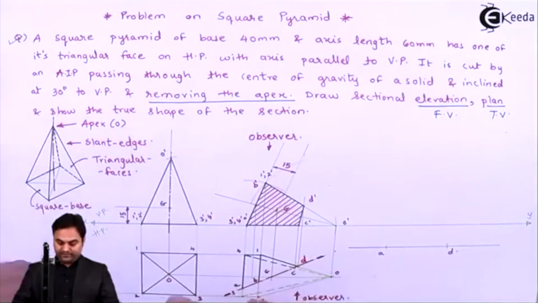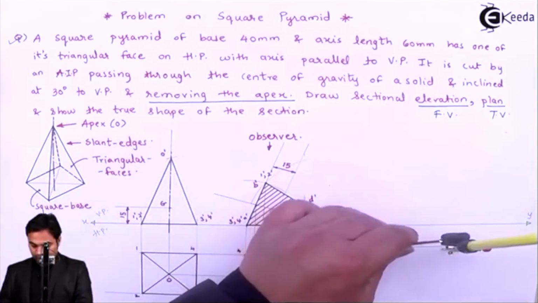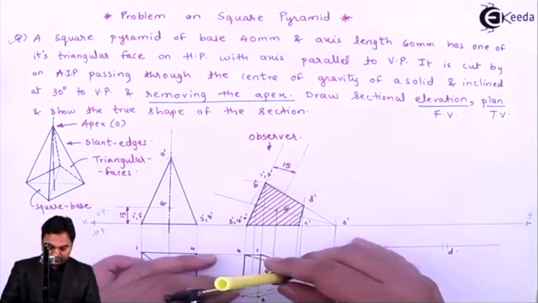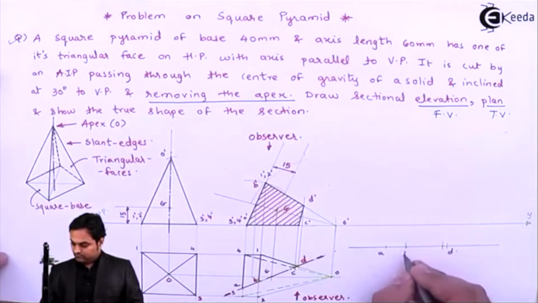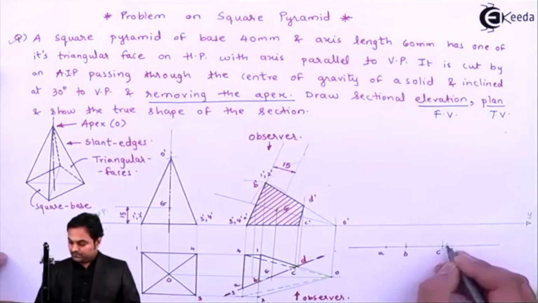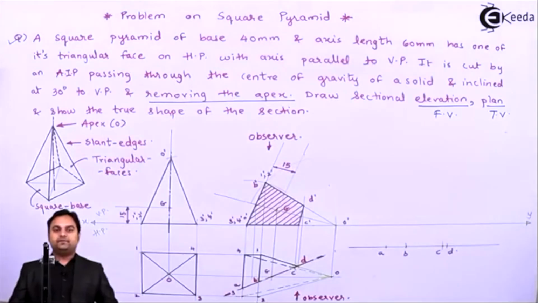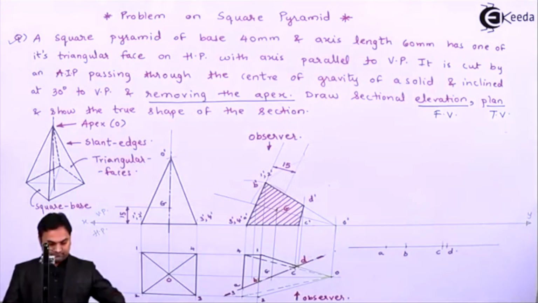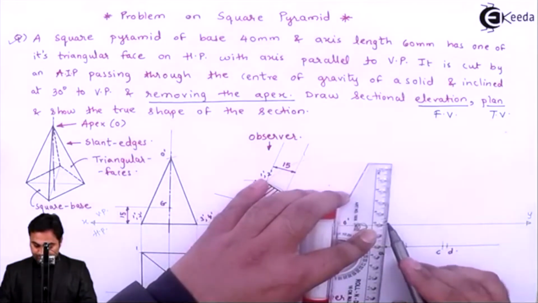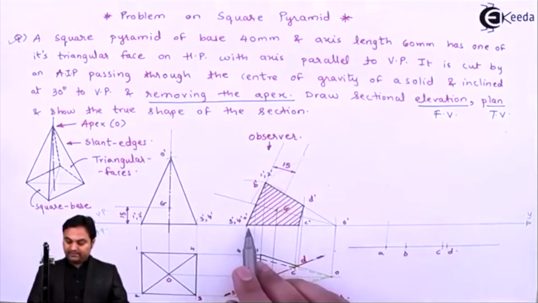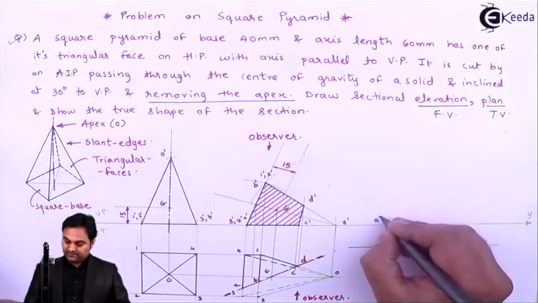So measuring the distance from A to C. And measuring the distance from A to B, points B and C. Projecting the points one by one into the front view. So starting with point A. Point A will be projected vertically up, where A and A dash is an XY line. Their intersection will give us the point A double dash.